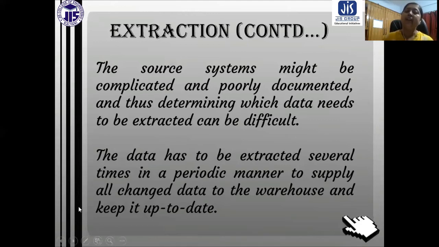So a periodical extraction procedure is going to happen. It is not a one-time procedure. So the data has to be extracted several times in a periodic manner to supply all changed data to the warehouse and keep it up to date. Okay.